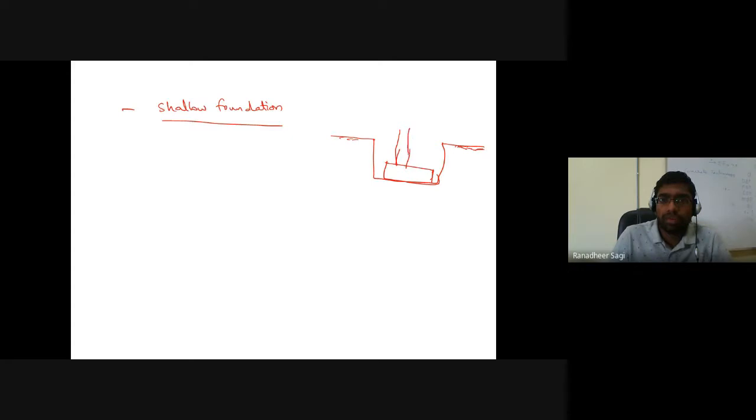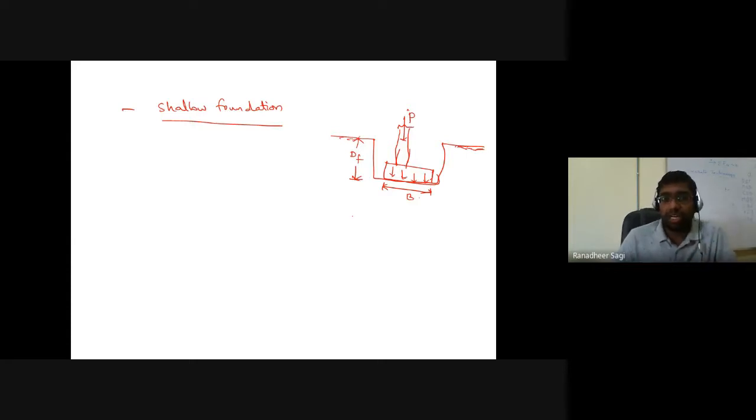On top of that foundation, you have got your column coming, and from that column, the load is getting applied. And ultimately, what is happening? The load coming from the column is getting distributed from the footing onto the soil on which that footing or the shallow foundation is resting. Let's say the width of this foundation is B. The depth at which this foundation is constructed below the ground, I am indicating as df.